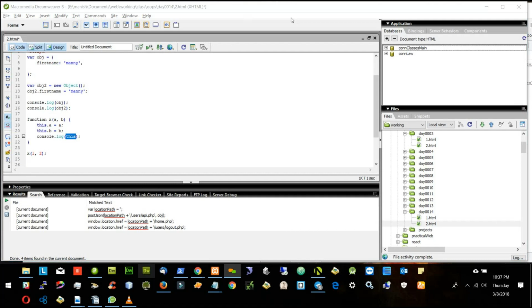What does this mean? Window object. So now if I run this one,